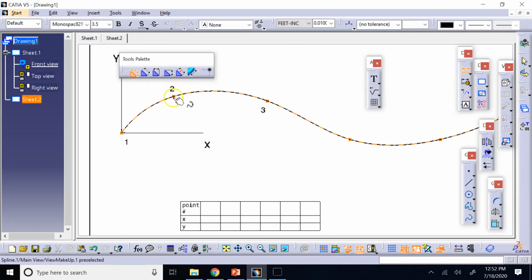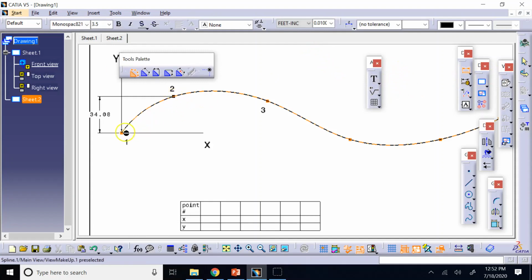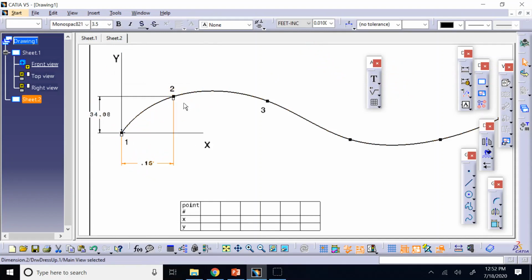So if I know this distance between 2 and 1 in the vertical direction, that's that much, right? Or in millimeters, it is what? 30 that much, and then in the X direction it is this guy,